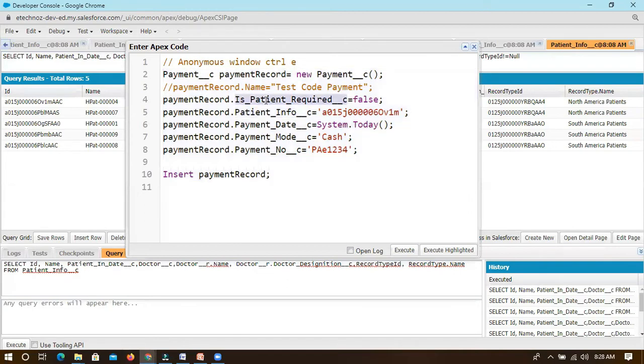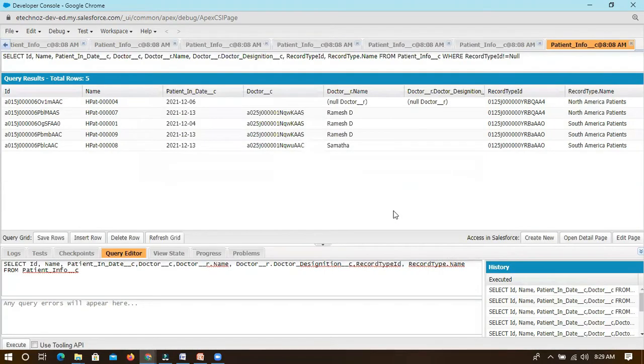Anyway, we know what the error is and what we need to do here. It should be true. Because we are selecting this, it is mandatory, it is a required one. If you are giving this information, this is also required. If you don't select this, it will be either true or false, it doesn't matter, but if it is yes, it will also be true, right? Now again, select the entire code and execute highlight. Now what happened? We didn't see any error, so that means it successfully created one record.